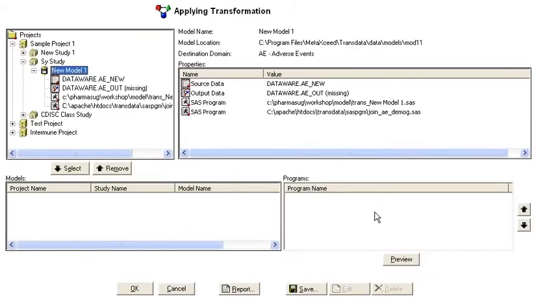You would click on the Apply Transformation button, and it brings you to the Apply Transformation screen with the same location where you were selected for the model. In that case, you can review all of the different attributes of this model, including the incoming source data and the output data and their associated programs that apply the transformation. If this is the model that you wish to apply, click on the Select button here,